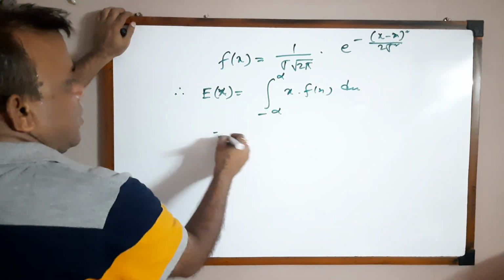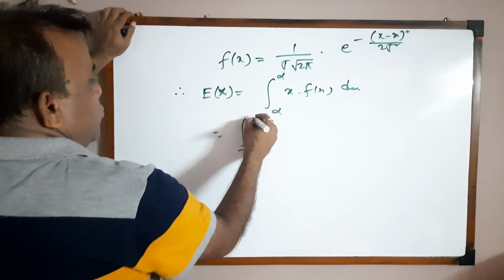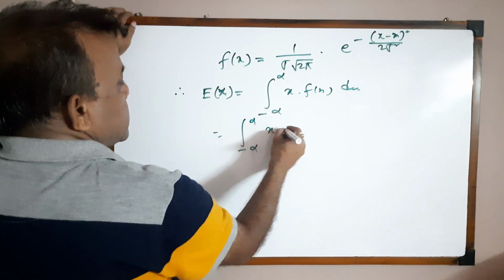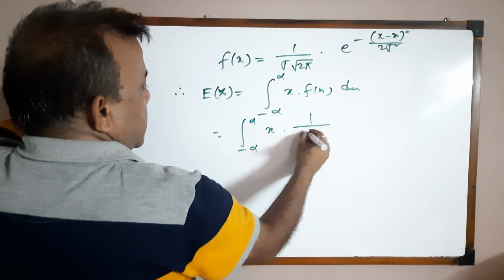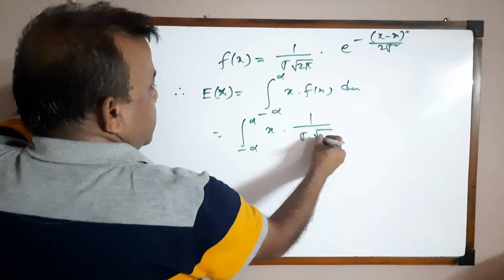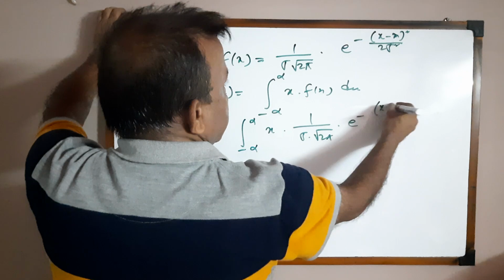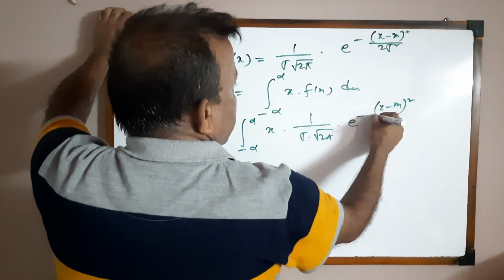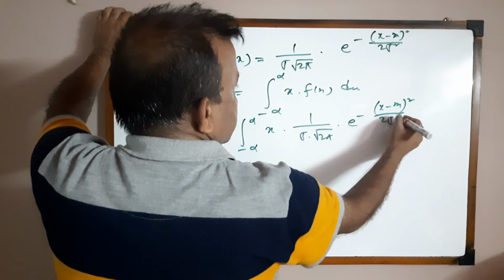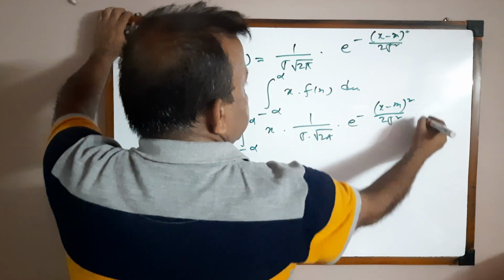Okay, minus infinity to plus infinity x into 1 by sigma into root over of 2 pi into e to the power minus (x minus m) whole square by 2 sigma square dx